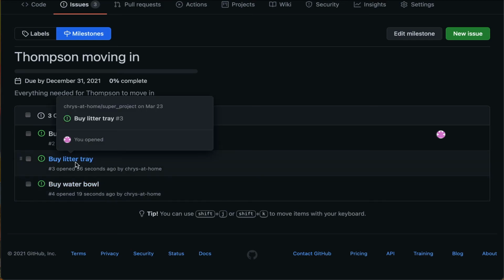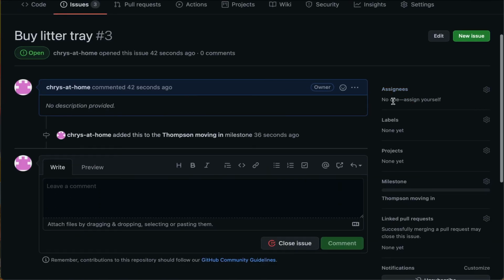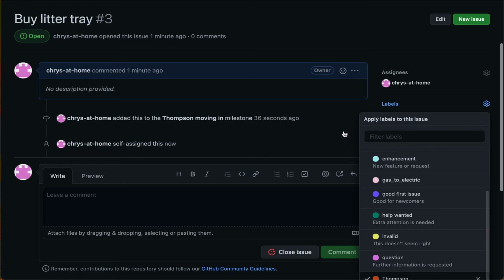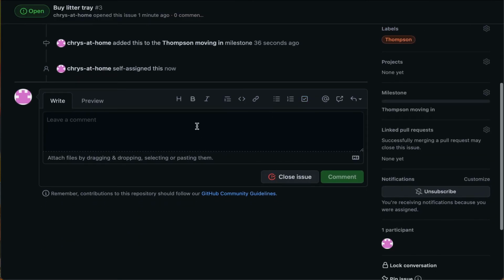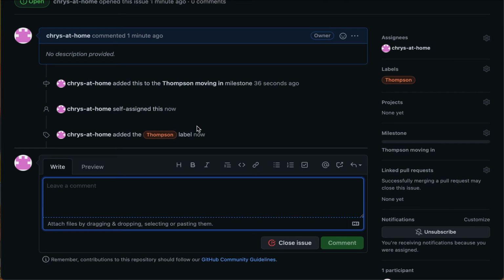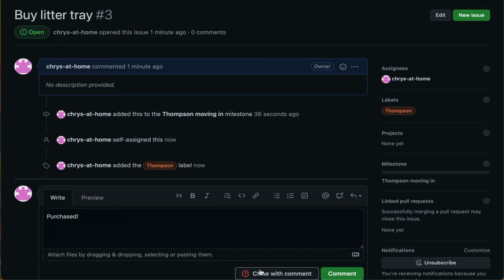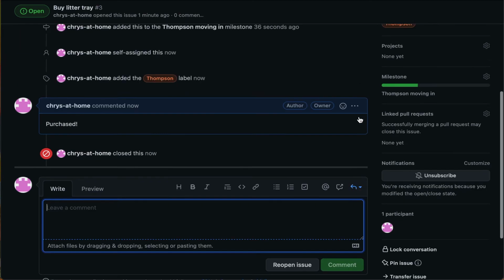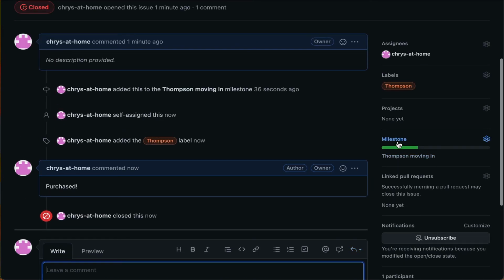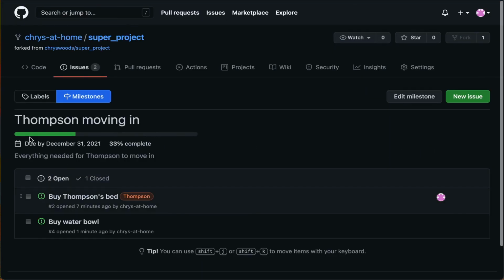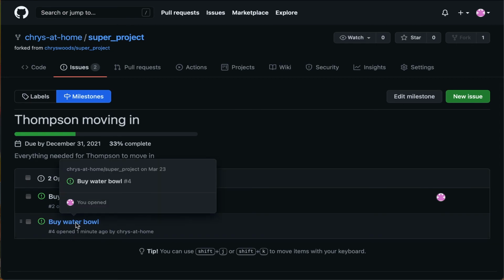Nobody's assigned to these things yet, so maybe I'm going to do this task. Assign it to myself. We forgot to label this with Thompson. We really should have done that. There we are. And then when we finished, you can even record that and say, yep, purchased. Close with a comment. Again, if we now look at this milestone, you can see it's beginning to fill in. That progress bar is moving through. There are 3 issues. One's been complete, 2 are left. And then as people begin to fill them in,